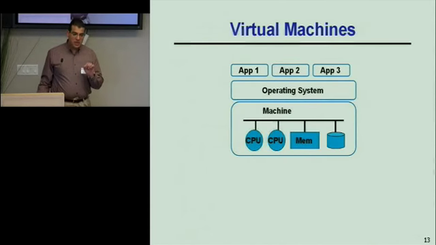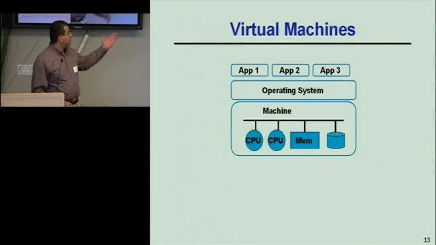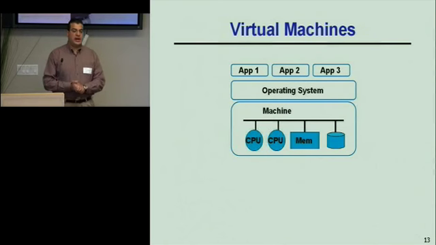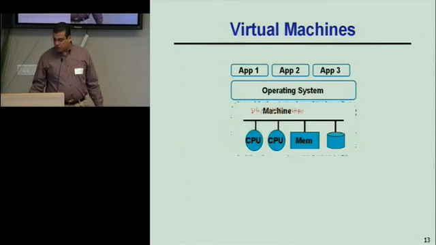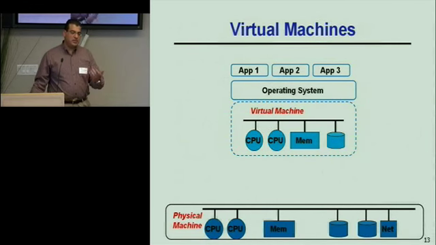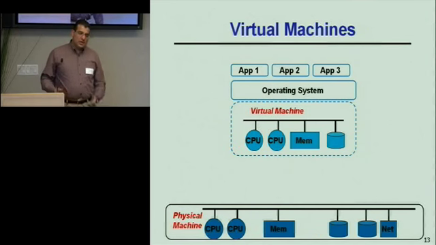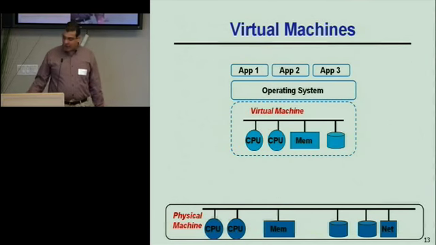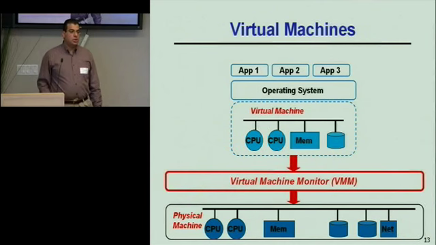So just so that we're all on the same page, let me spend a couple of minutes talking about virtual machines. On the slide here is a typical view of an application and an operating system. The operating system sees the physical resources of the machine. When you use a virtual machine, you replace these physical resources with virtual resources. The operating system still sees a CPU, but it's a virtual CPU. Still sees a disk, but it's a virtual disk. Of course, there has to be a physical machine somewhere, and you add a virtual machine monitor to map the virtual resources to physical resources.